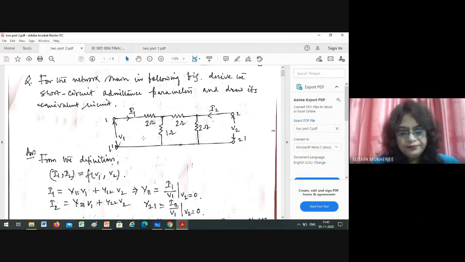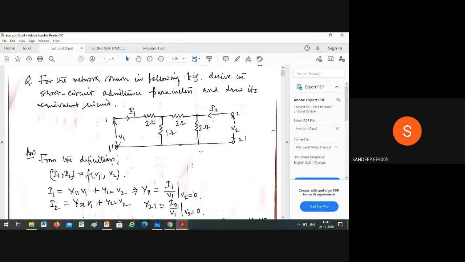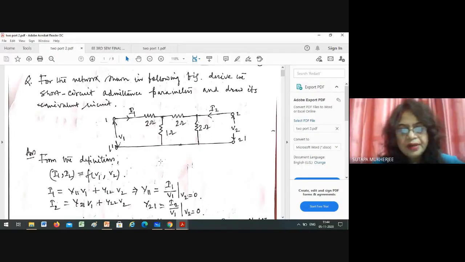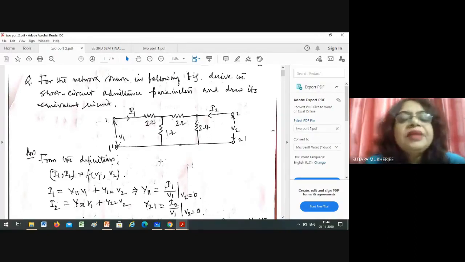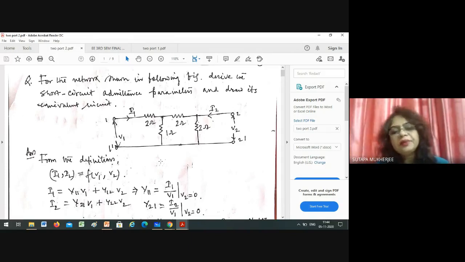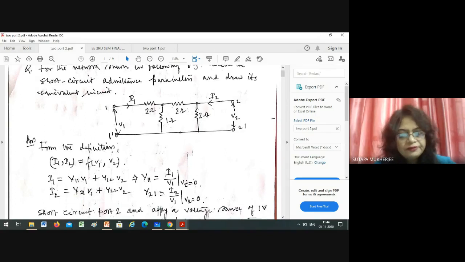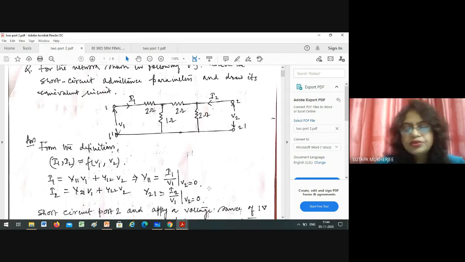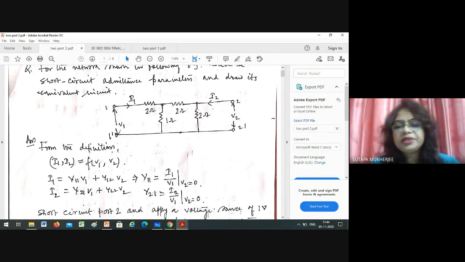So do you remember the problem you have done? You have got the Z parameters in this circuit. Now today I will discuss how to determine the Y parameters. How many Y parameters, that is admittance parameters, are there? 4 admittance parameters: Y11, Y12, Y21, Y22. So what is Y11? I1 by V1 where V2 equals 0, and Y21 is I2 by V1 where V2 equals 0. So by making V2 equal to 0, you will be able to get two parameters, Y11 and Y21.